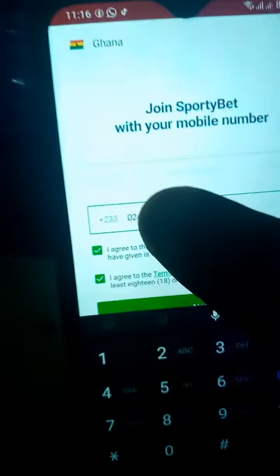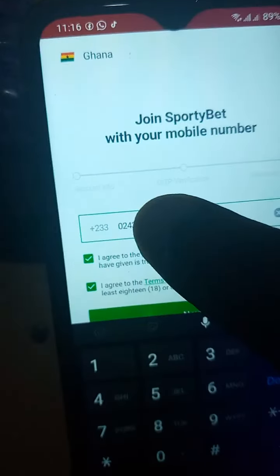So as you can see, I'm done with the number. So I've created the number. So after dialing your number, what you have to do is to tap over here, which is the next section over here. So just tap on next. So as you can see, there is next. So you have to tap on next, and they are going to ask